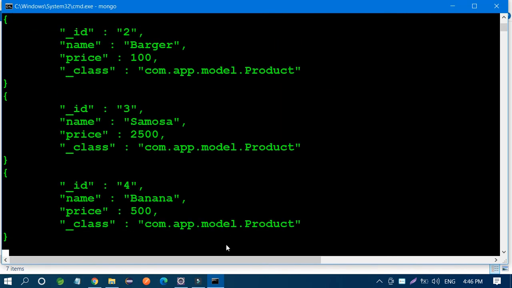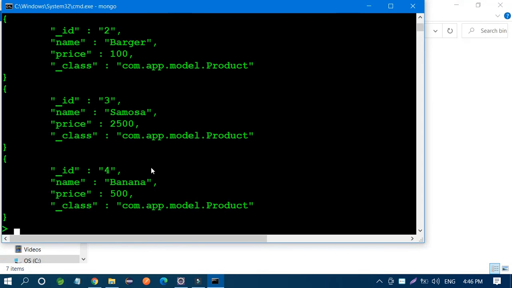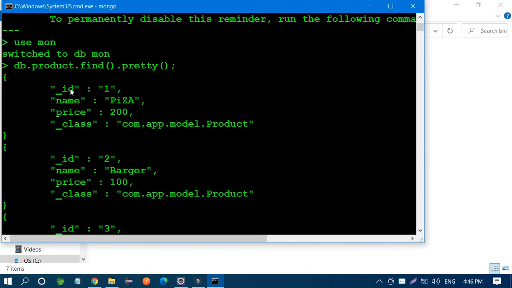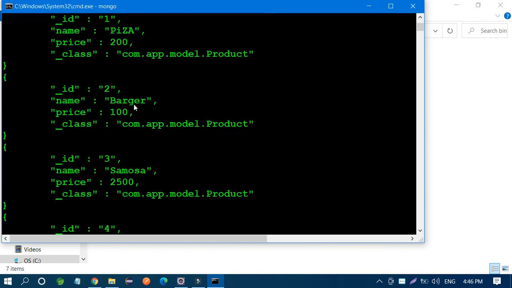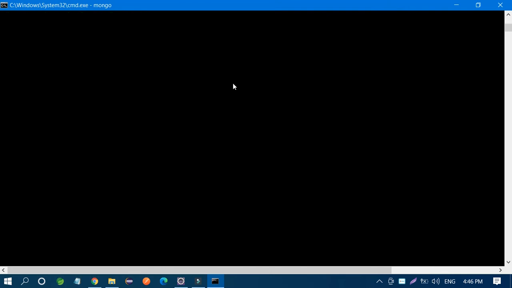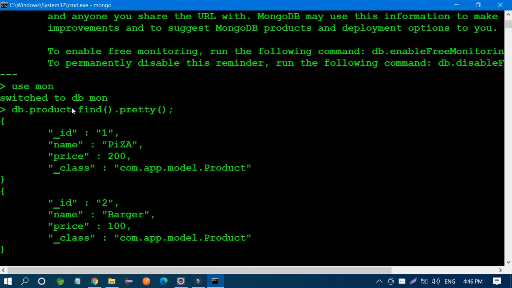So you can see the data inserted in your database, like id 1 pizza, everything. I hope you understood very well how you can do this. It's very easy. This is the command: db dot product, where product is nothing but your entity class, and because mon is the database, you are switching with use mon. Inside mon there is one product collection, and find it. So you can find everything.